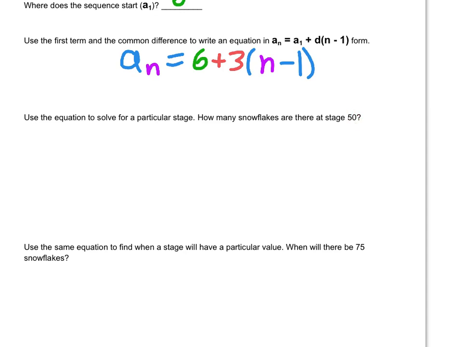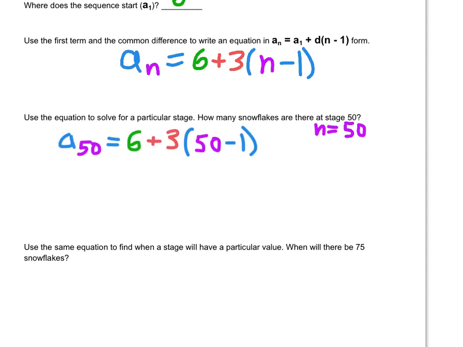Ask yourself first, is stage 50 going to be the A sub n or the n? You see that the stage number is the n, so you're literally going to put 50 in place of the n. That gives me A sub 50. Notice I put 50 in place of the n. That means wherever we see the n, I'm putting the 50. So A sub 50 equals 6 plus 3